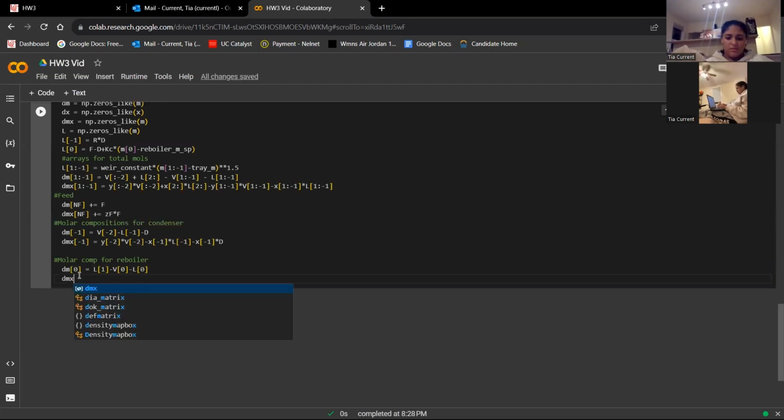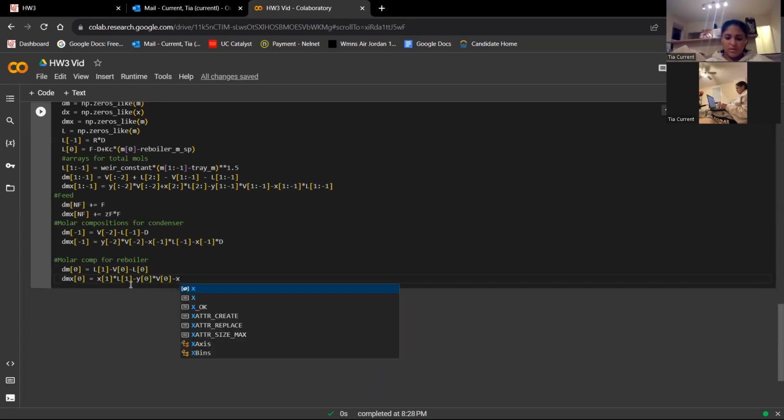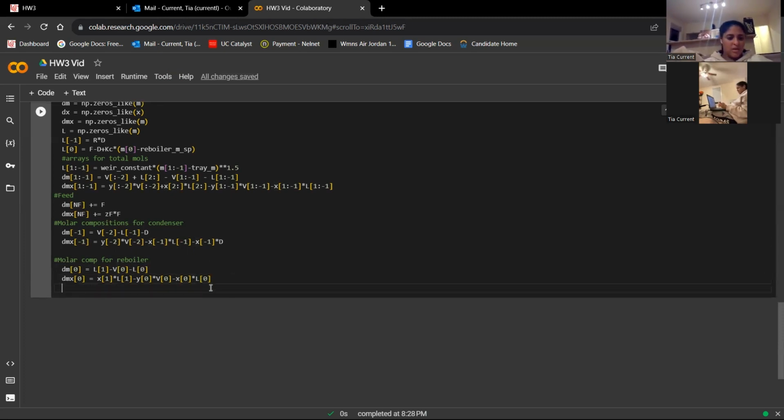dmx of 0 equals x of 1 times L1 in the bracket. Okay, and then minus y0, b0 minus x0, L0. And so this is basically just your things going in and out of your trays, right? X and Y is your compositions, and then your L and V are your molar flow rates. Okay, so finish DMX, and then